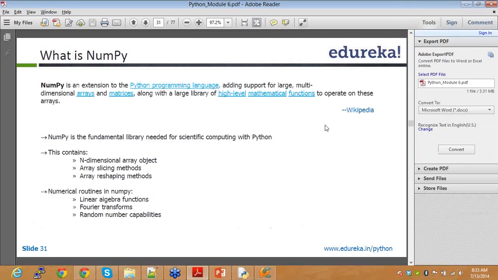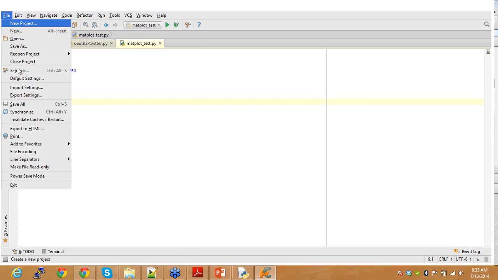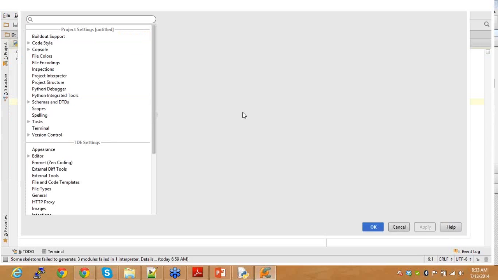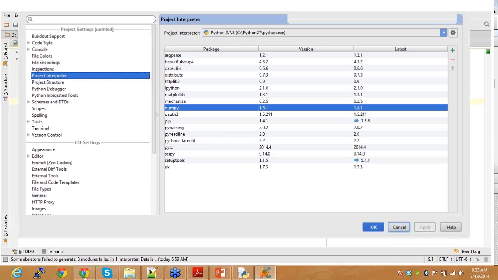By now you must know how to install Numpy, or if you are lazy, just go to your PyCharm and install Numpy. Okay, but there will be a couple of dependencies. Make sure that you have installed all those dependencies, and only then will you be able to install Numpy. And for other folks, if you really find a problem with this, what I would suggest is to go to